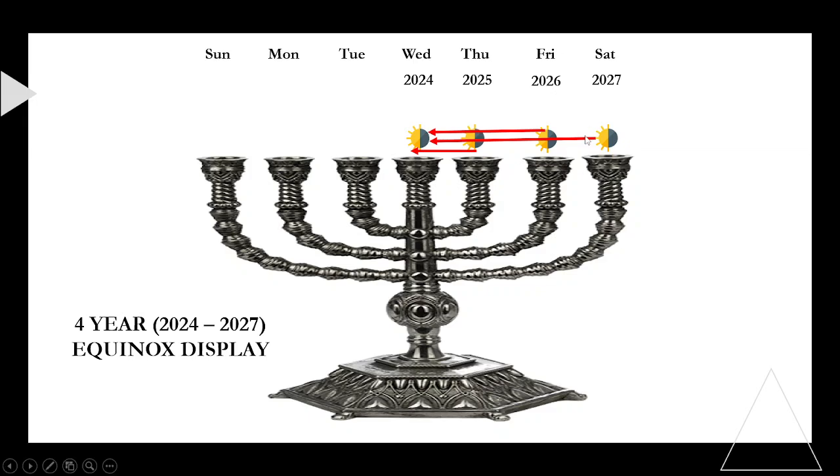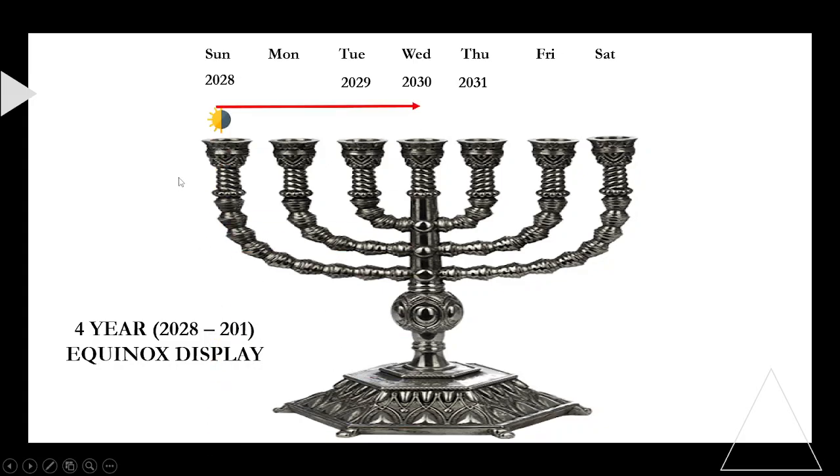So right now we have the dates going from the right, scooting back to the left because they were moving away from Wednesday. So we're moving them back over this way when we count. So if it's a 2027, we're still going to use Wednesday. If it's 2026, we're still going to use this Wednesday. If it's on Thursday in 2025, we're still going to use this Wednesday. Okay. Now let me show you on the next slide how this is going to balance out on the left side of the menorah.